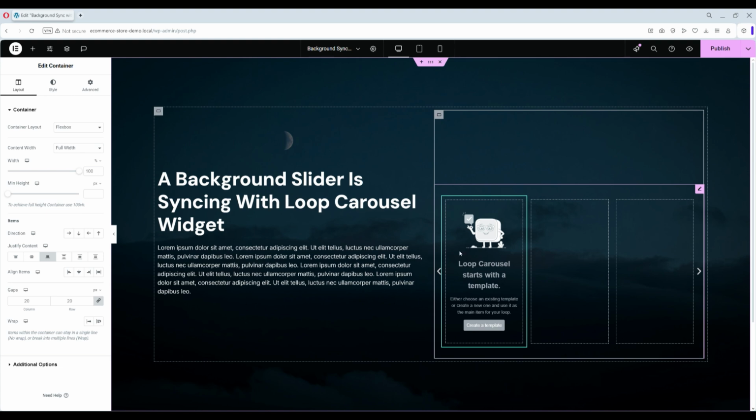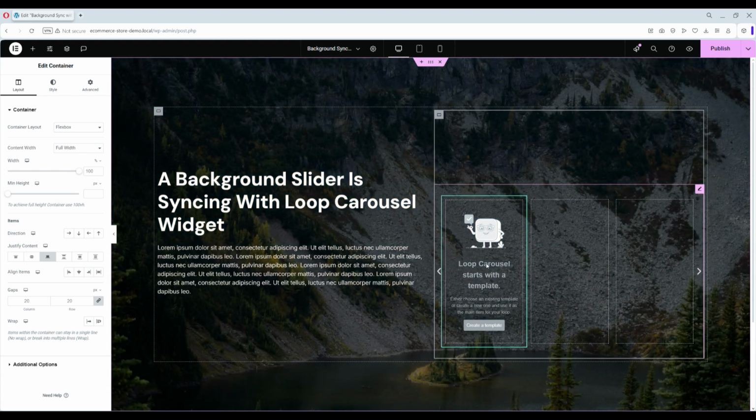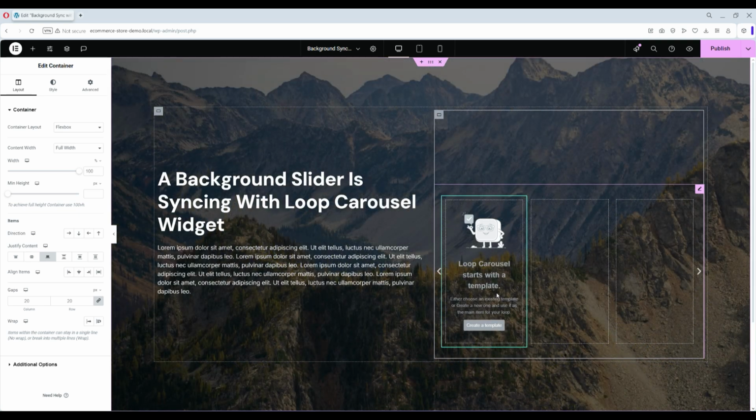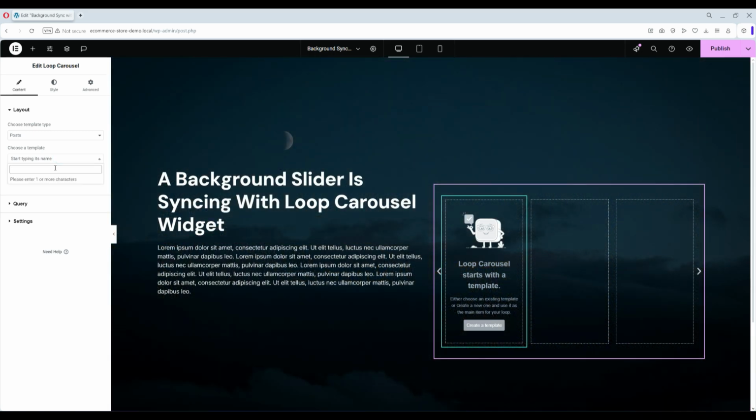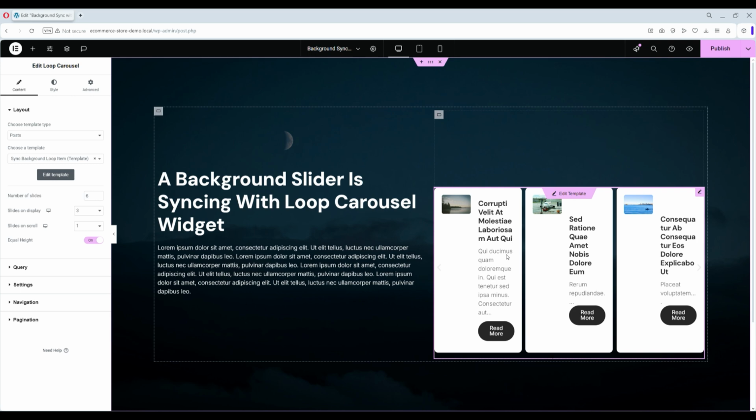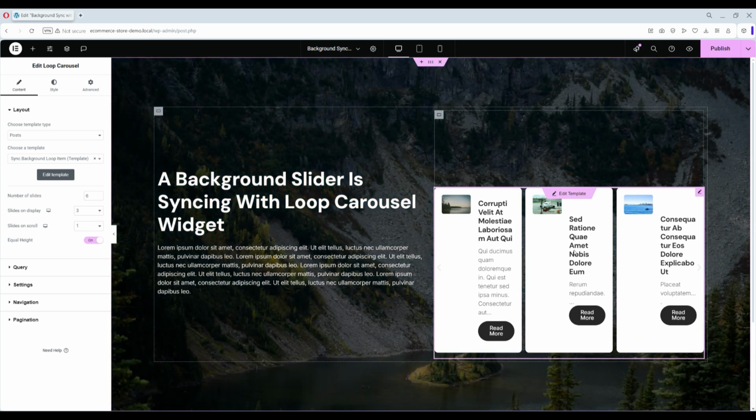The first option is that you can create your own custom template right here for a loop carousel. You can design it any way you want, but since I have a ready-made template, it's the exact same process, nothing is different. All I have to do is implement my template, and you can see here that the template is designed for a